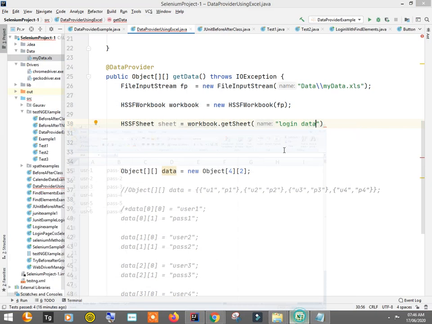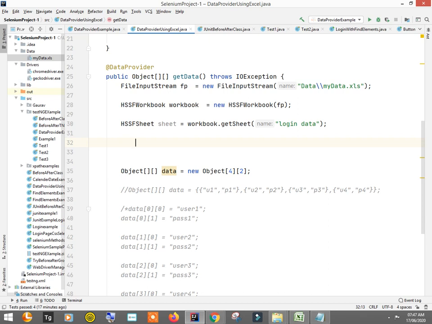So this object is now going to hold everything from sheet 1 only. If you want to have some data from sheet 2, you should create another object of this HSSFSheet and assign the different sheet, and then you can do the further coding according to the other sheet. Okay, so you can work with both. Fine.